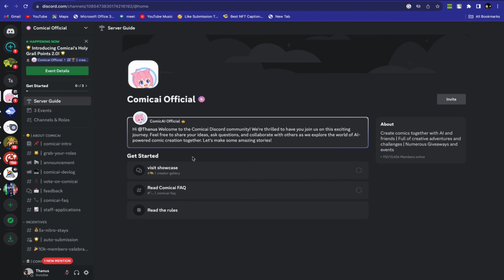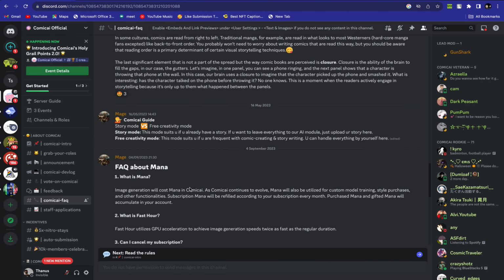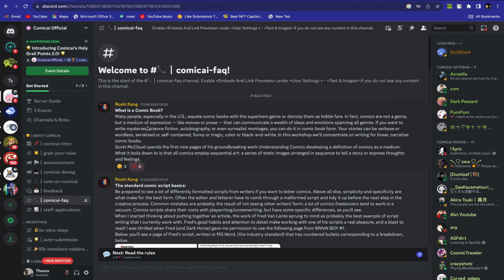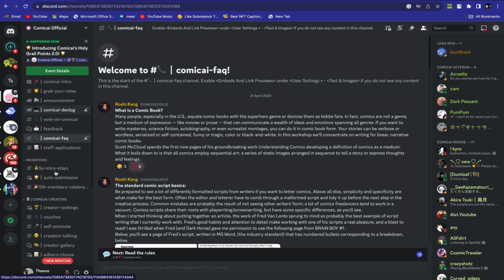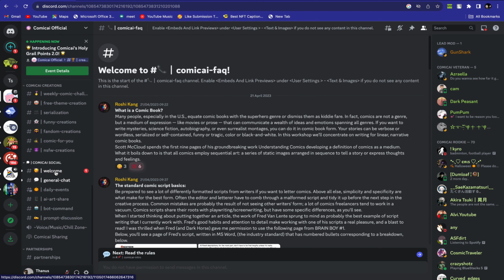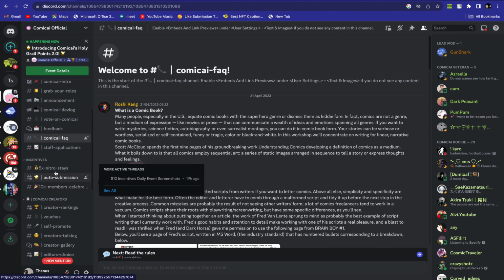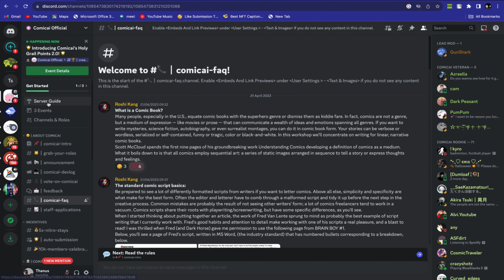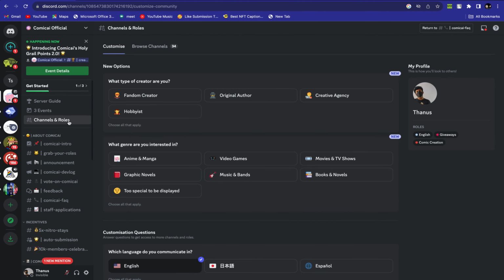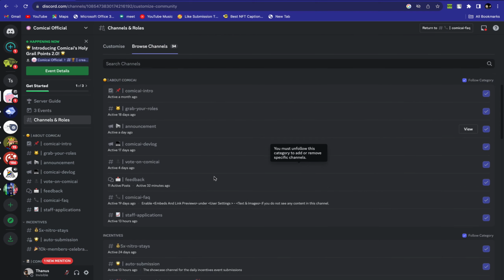This is the Comic AI Discord server. You can see the showcase and FAQ of Comic AI. In the left panel of the server, you will find a few channels. You need to find a channel named Comic AI Bot. If you don't find the Comic AI Bot channel here, navigate to the top and select Channels and Roles. Then select the Browse Channel tab. Now find the Comic AI Bot